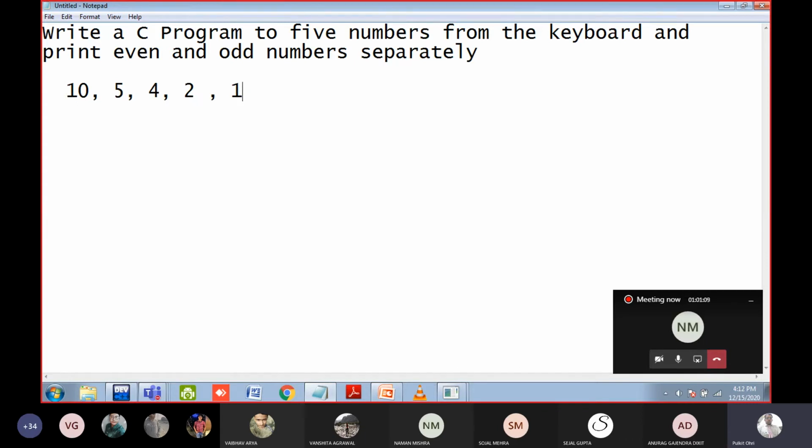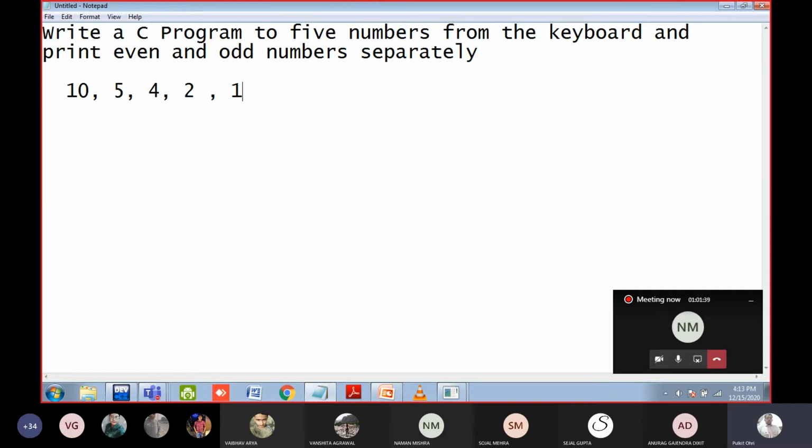Here you have to use two for loops. Yes, one loop to print the even numbers and another loop to print the odd numbers. So total 3 loops are required, because here I am asking you to print even numbers and odd numbers separately. Means first print all the even numbers, then print all the odd numbers. So you have to write 3 loops. One loop to input the number, one loop to print even numbers, and one loop to print the odd numbers.